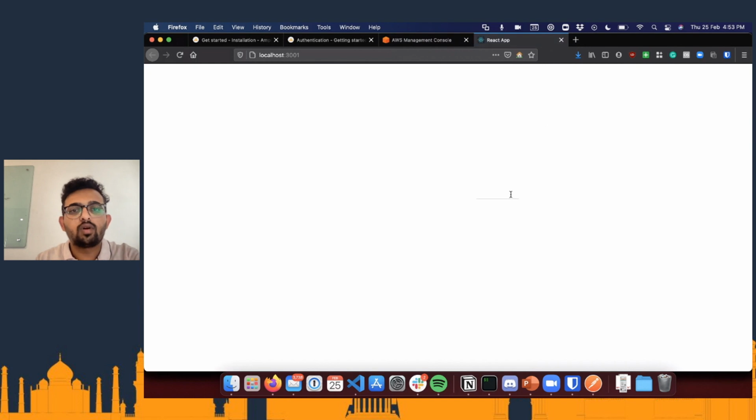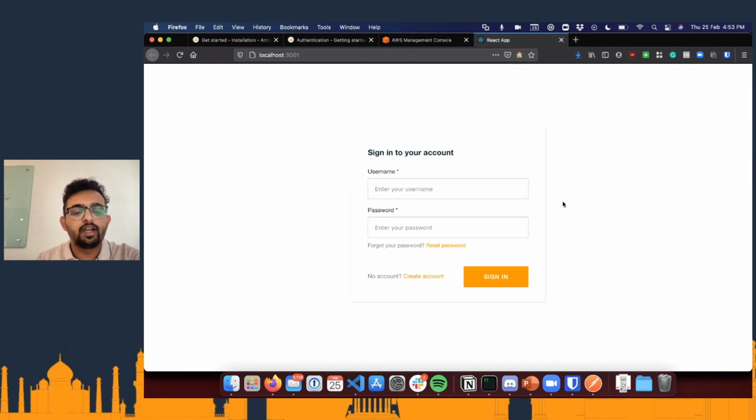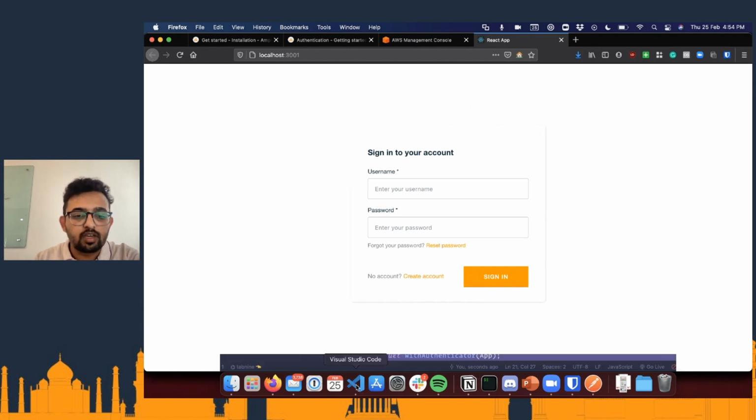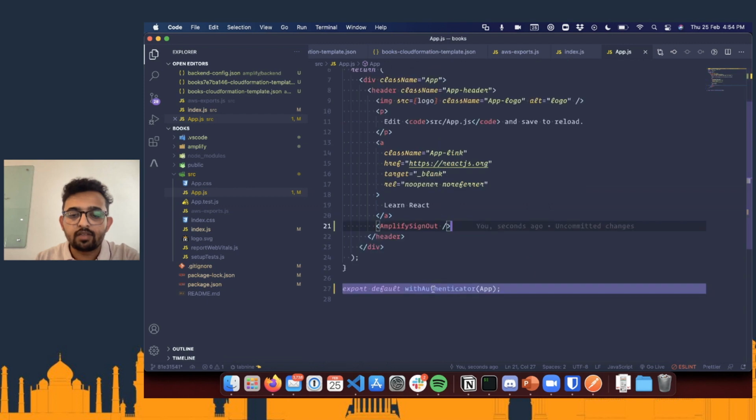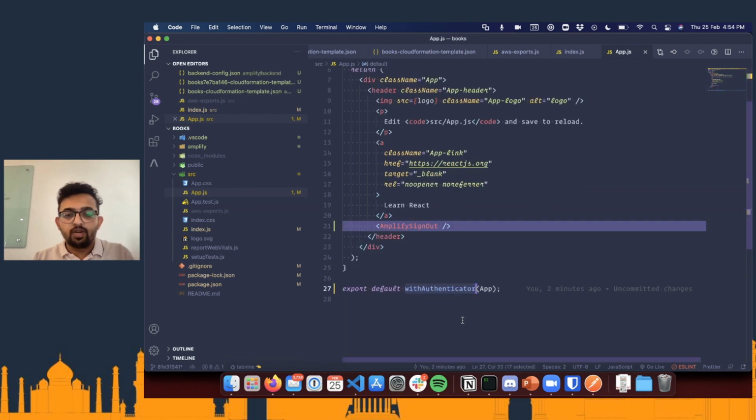Yeah. So our React application now looks entirely different. Before, it used to show the React logo and all that, but now it is asking me to sign in because we wrapped our application with authenticator. Let me give you a demonstration.